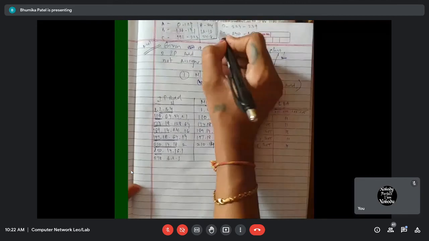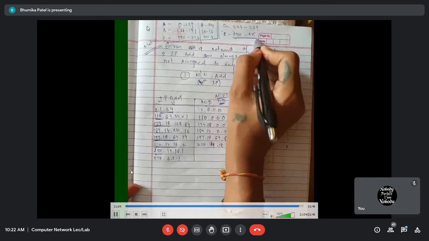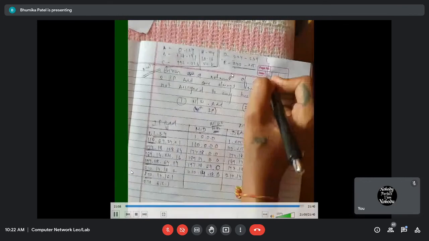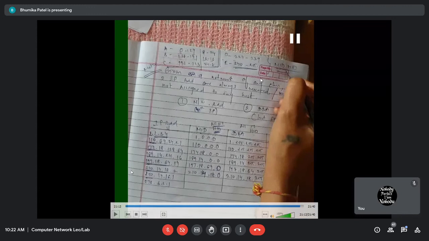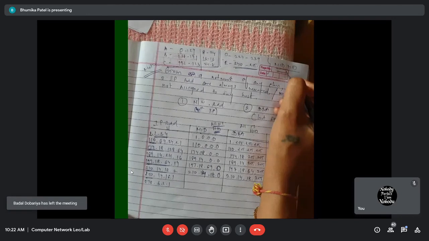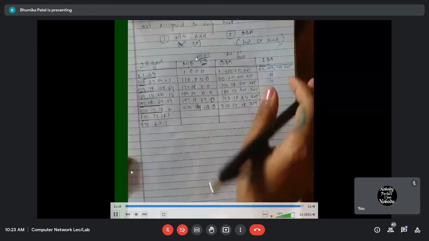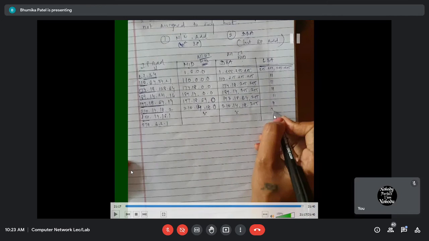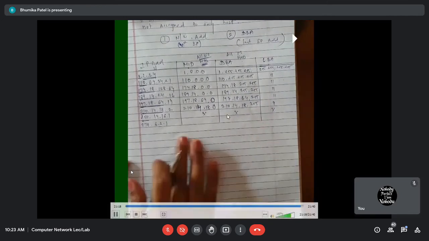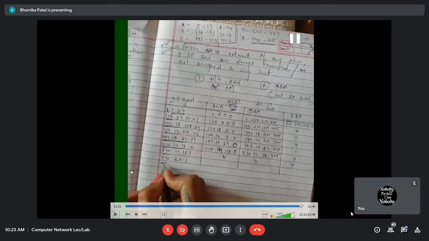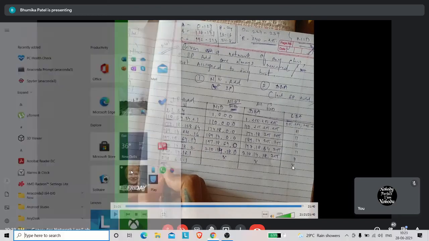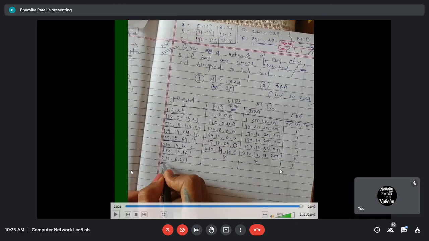Now as you can see, 250 belongs to class E. In class D and class E, nothing like network ID and host ID is divided. The 32 bits are kept as they are, and there is no division into network ID and host ID. So we can say that we cannot assign the network ID, directed broadcast ID, and limited broadcast ID for class D or class E. If the range is D or E, no network ID, directed broadcast ID, or limited broadcast ID will come. We cannot assign.